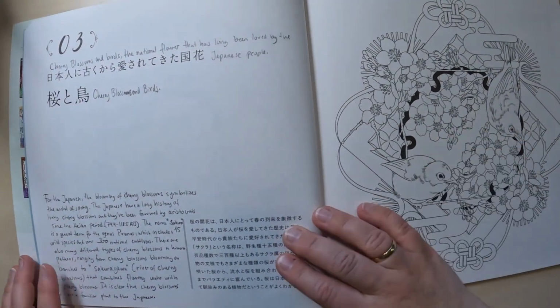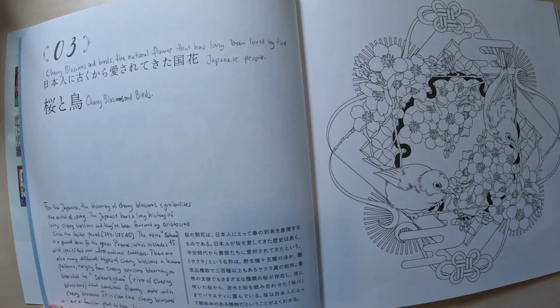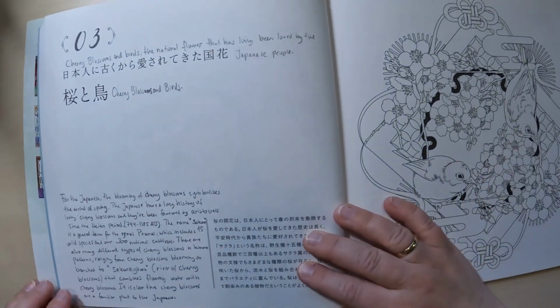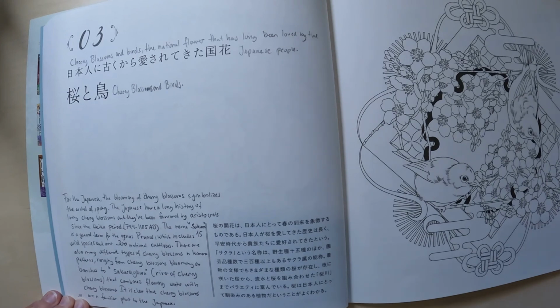So number 3. Cherry blossoms and birds, the national flower that has long been loved by the Japanese people. And then it says cherry blossoms and birds. And it says, for the Japanese, the blooming of cherry blossoms symbolizes the arrival of spring. The Japanese have a long history of loving cherry blossoms, and they have been favored by aristocrats since the Heian